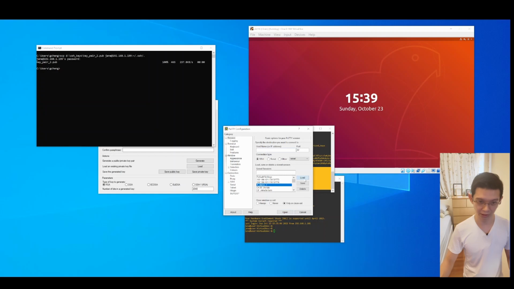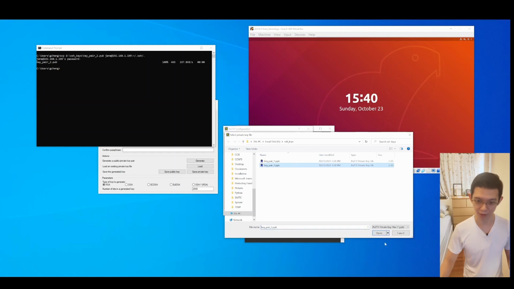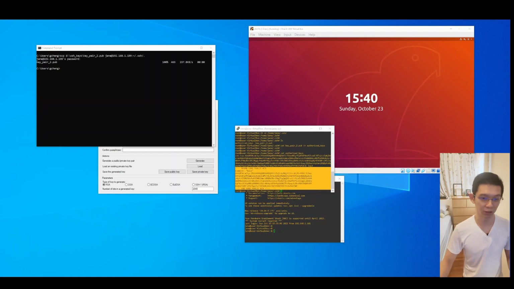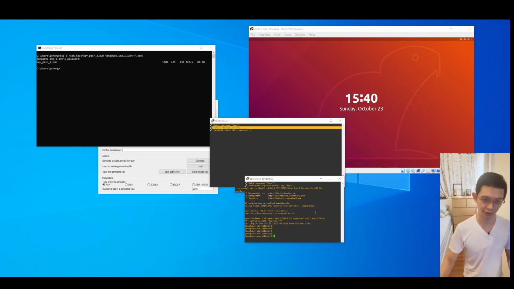So we want to load this. We have the IP address, we have the username, and then we are going to change this to key pair 2, because we added the key pair 2 here, and we try to open. Oh no, server refused our key. What happened? So let's take a look at the key file,